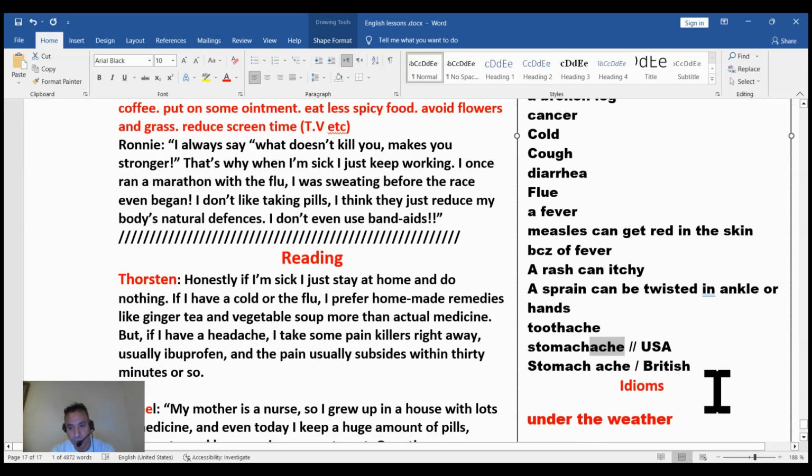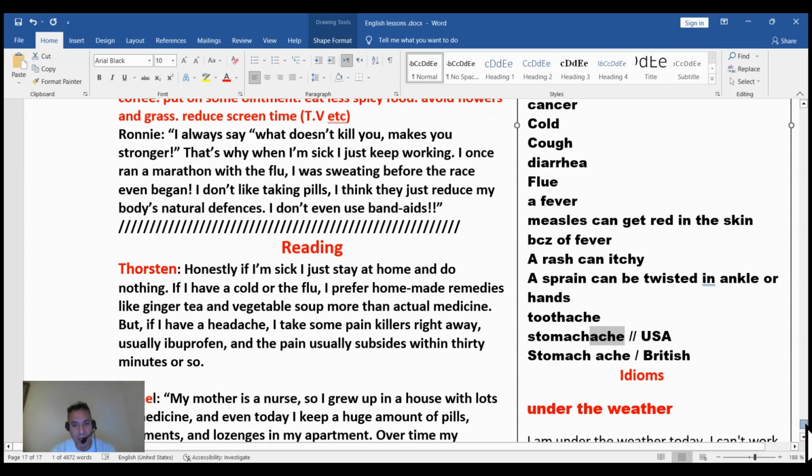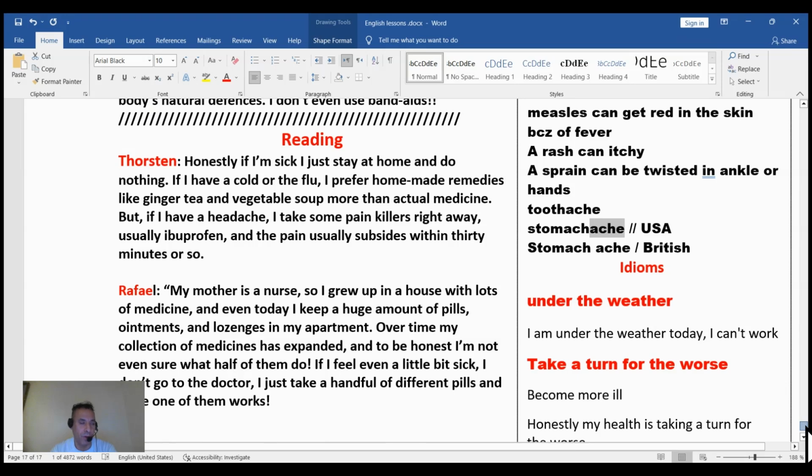Good. Here we have an idiom. You can say under the weather. I'm under the weather today. I can't work. I don't feel good. I feel bad today. I'm ill today. Okay. I got the flu yesterday. I can't work today. I'm under the weather today.